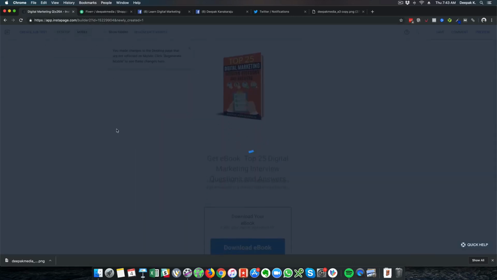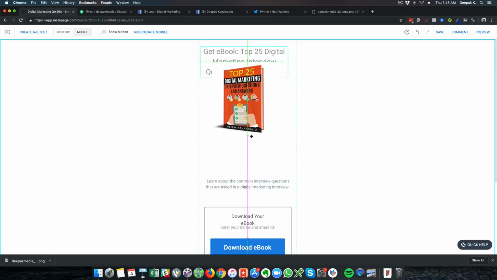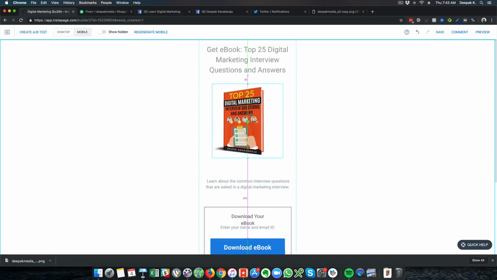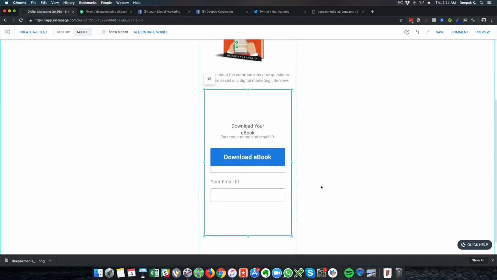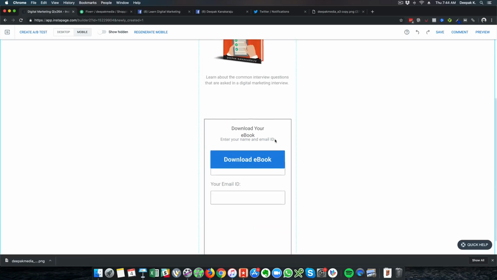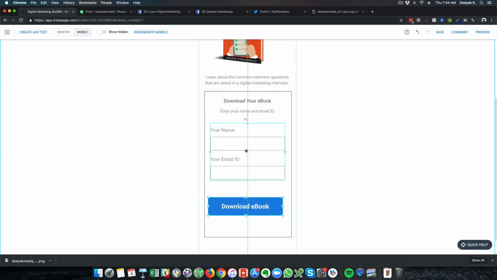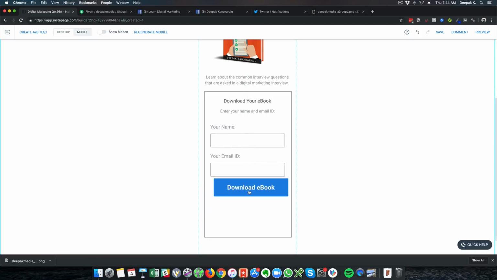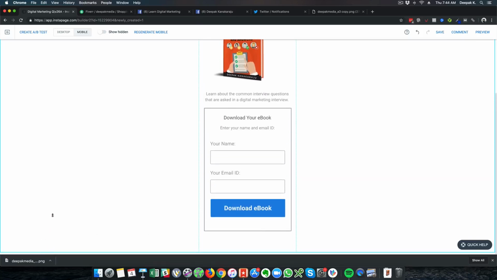So now let me go ahead and edit the mobile version. So here you can see the images and whatever you added is going to be available already here, but you can just change the format of it. So I'll just put the form here. So here you can see that the sizing of the form is totally different. So just make sure that it is optimized on mobile. So I will put the form here and the download ebook button here, and reduce the size of the box itself to fit for mobile. And I could do this as well, just to reduce it a little bit.